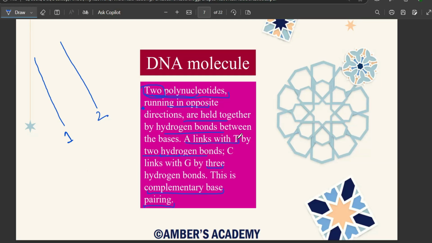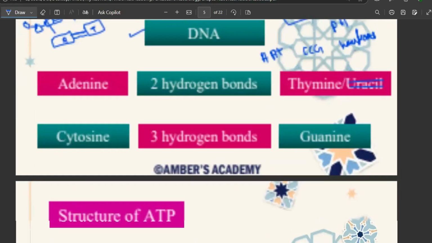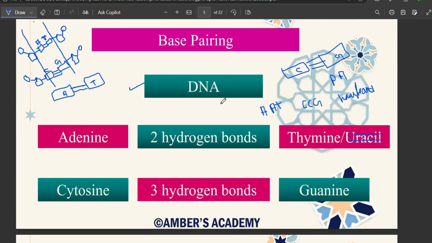अच्छा, one more thing that I forgot to mention in the previous slides, I said that adenine is going to bind with thymine. So this is the scenario of DNA molecule. But in RNA molecule, adenine will bind with uracil. Okay, and will have two hydrogen bonds. But just remember the fact that thymine is not present in your RNA molecule. Rather, adenine will bind with uracil. So it's present there as well in the previous slide, but with reference to DNA. If we'll talk about RNA, then thymine is not going to be there. We'll talk about uracil binding with adenine with two hydrogen bonds in between.